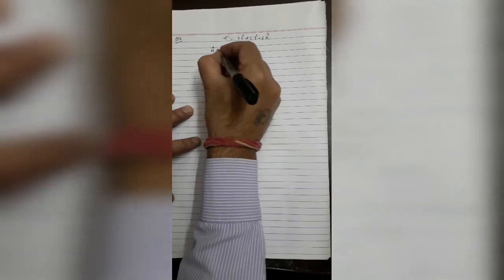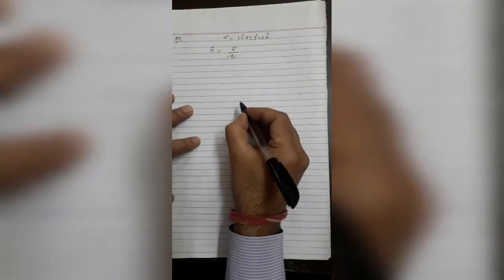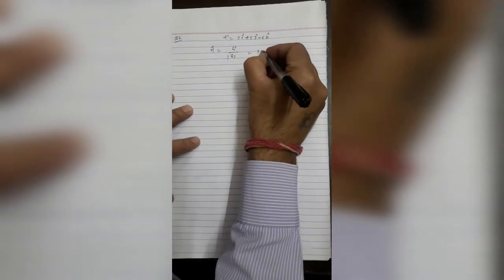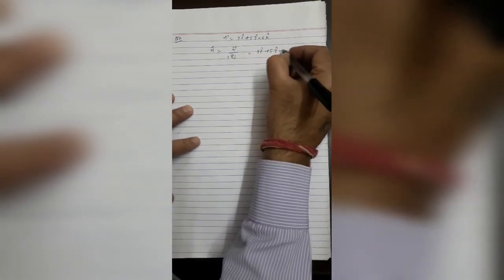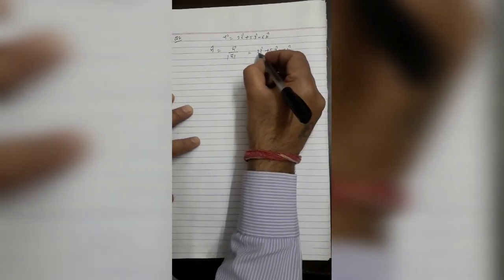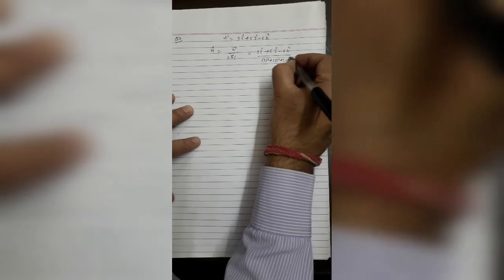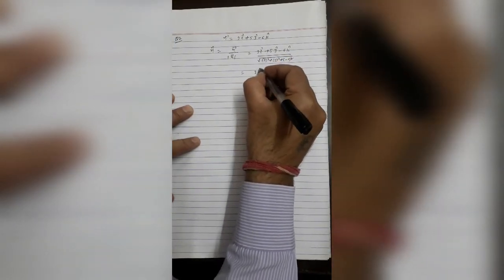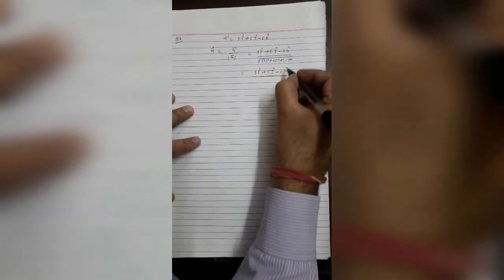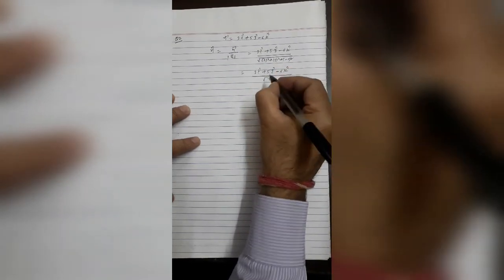And you know that n unit vector is given by the formula n vector upon magnitude of n vector, that is equal to 3i cap plus 5j cap minus 6k cap upon the square root of 3 squared plus 5 squared plus minus 6 squared. So it will come as 3i cap plus 5j cap minus 6k cap upon, 9 plus 25 plus 36, that is equal to root 70.